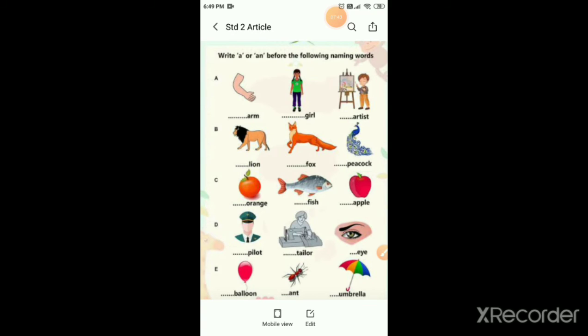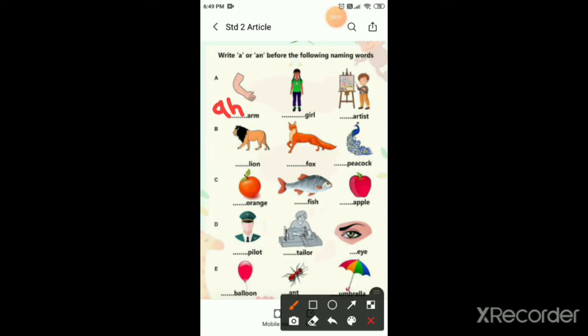First example, arm. In this word the first letter is A and A is a vowel. Which article will come here? Here will come an. Okay, girl. The first letter of girl is G, a consonant. Which article will come here? A. Yes. Now you say the example, students.